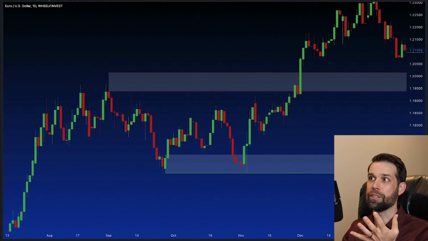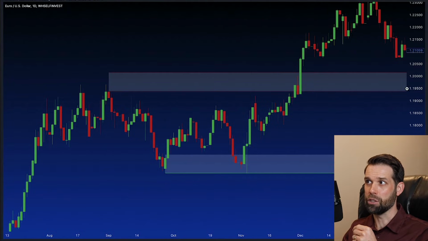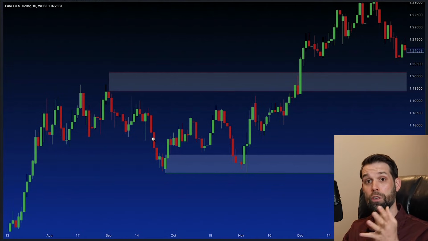Okay, so here is just that first image that we saw. You can see that this area is outlined as an area of support, this was an outlined area of resistance, and here is an outlined area of support. So as the stock rose up in this area, and this is a Forex chart, but we can just call it 1.195, the stock tried to break through, met resistance, so met a lot of sellers here, dropped back down, came back up, potentially met a lot of sellers here, and then the stock receded back down in a downtrend